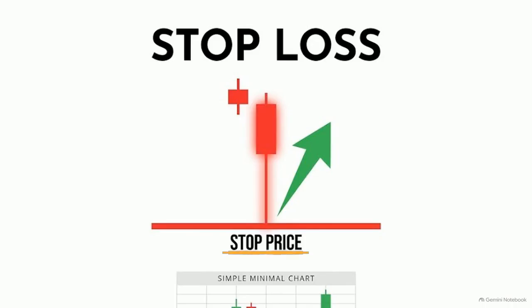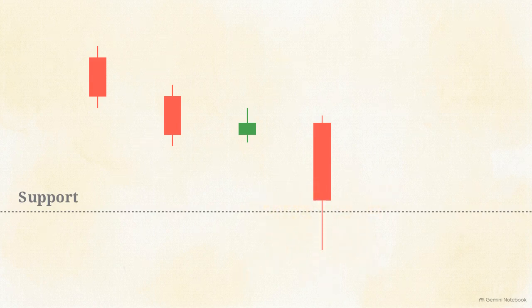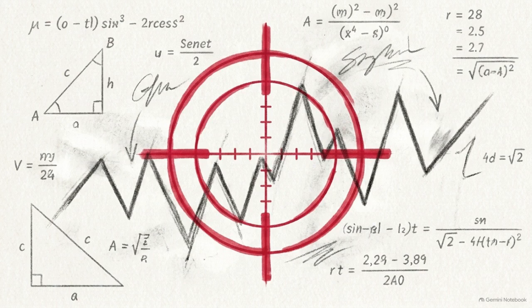This chart highlights a classic vulnerability. When you place your horizontal stop price exactly below the structural support of a red candlestick, you are effectively serving your capital up as liquidity. This creates what is known as a liquidity sweep. The price is pushed just far enough to briefly pierce that obvious support level, triggering all those resting stop orders before reversing the trend. Relying solely on structural support lines for your defense places you directly in the crosshairs of